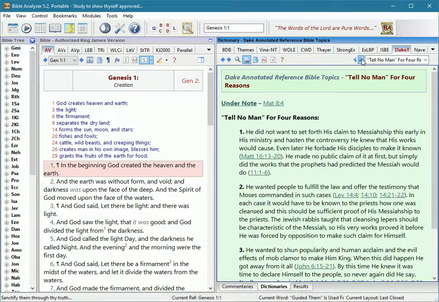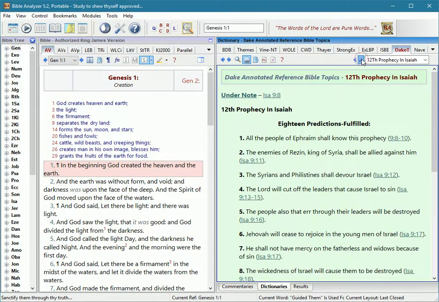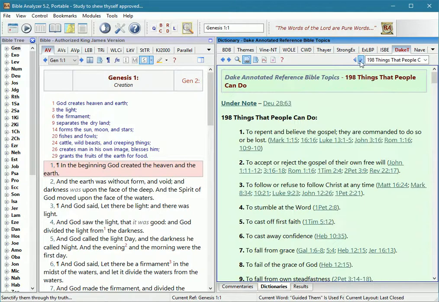But you can take these lists and put them together and put together a lot of messages, a lot of lessons, and a lot of material. 198 things that people can do. I mean, and there's a reference for every one of them. Every one of them. Well, anyway, we just want to give you a brief rundown of the